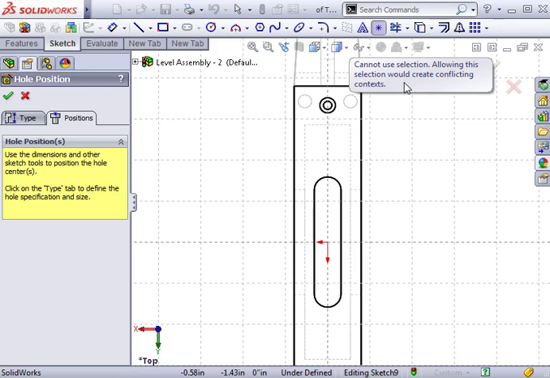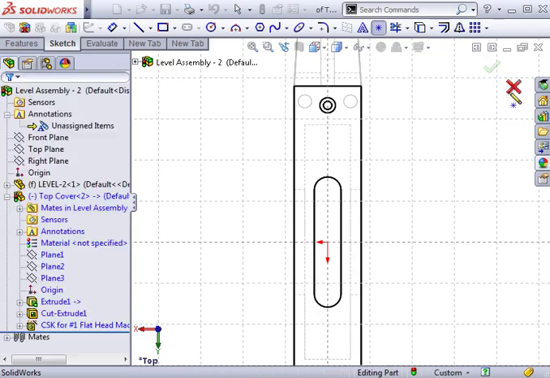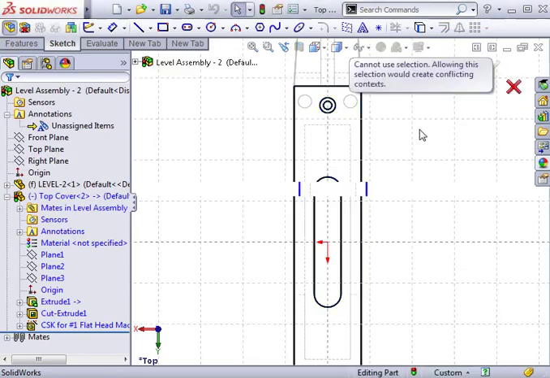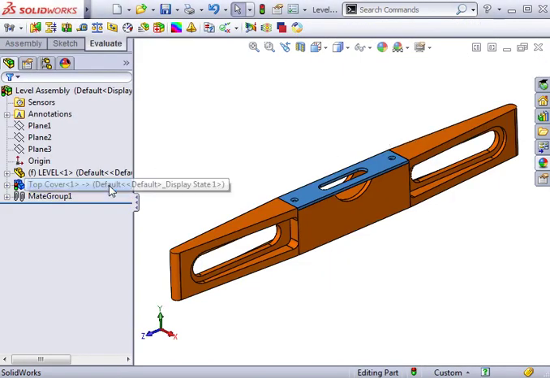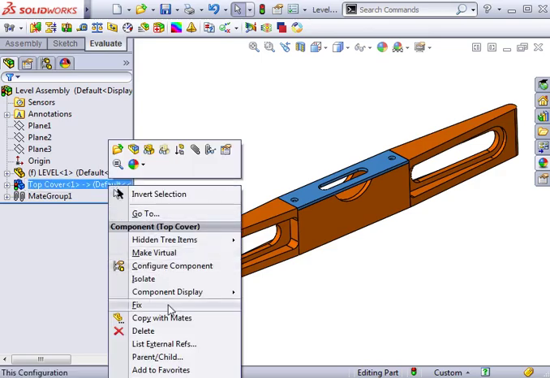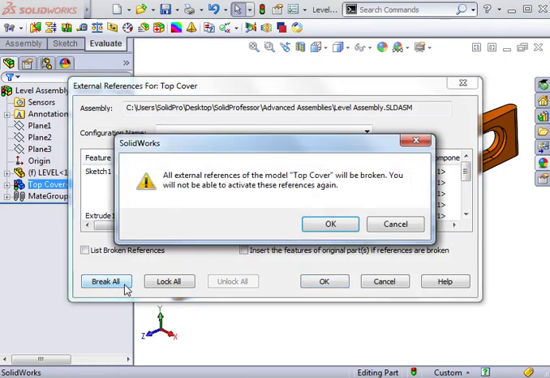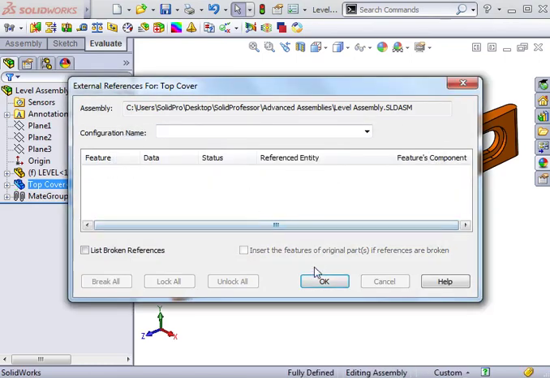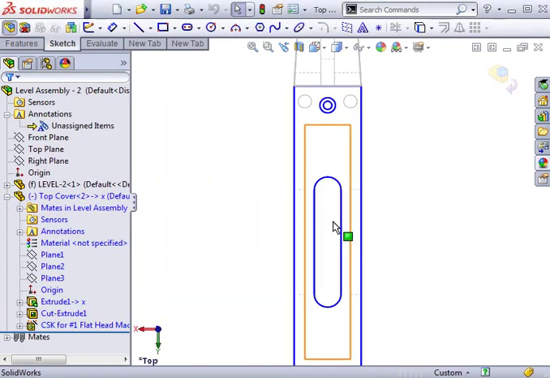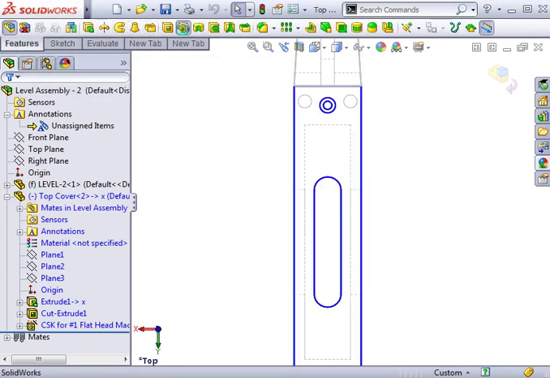What if I broke the external references to the original assembly? Would I then be allowed to create external references here in this new assembly? Let's give that a try. I'll right-click the top cover in the Feature Manager tree, select Break All and click OK. Now, if I activate the Hole Wizard, you can see that it's possible to add new external references,